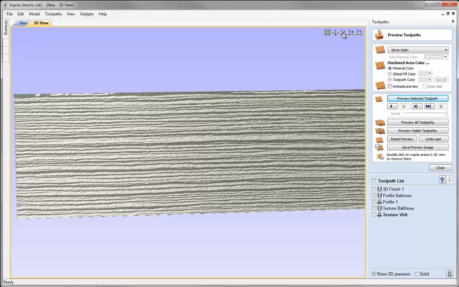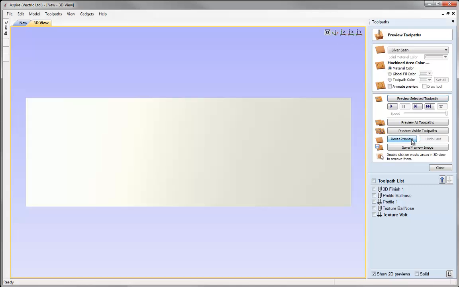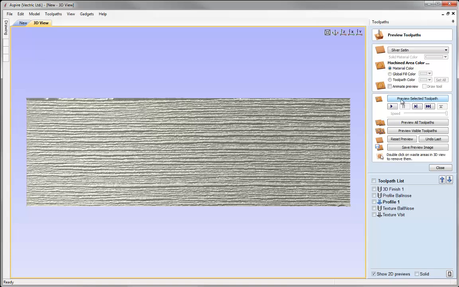Now the other thing that we can do is actually combine some 2D toolpaths with 2.5D type toolpaths just to see if we can get anything more realistic. So let's just reset that preview, and what I'm going to do is, first of all, I'm going to run the 2D V-bit profile toolpath, so let's just preview that. And then what I'm going to do is I'm going to overlay the texture toolpath with the ball nose tool,